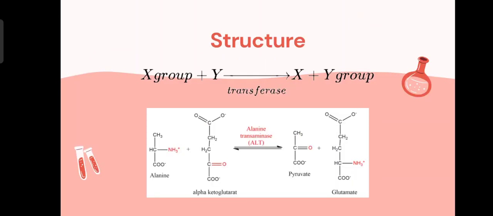Generally, in a transferase, the X group is the donor and Y is the acceptor. These groups are the functional groups that need transferase activity. The photo below shows the NH3 plus group on your left, a transferase enzyme in the middle, and the alanine reactant